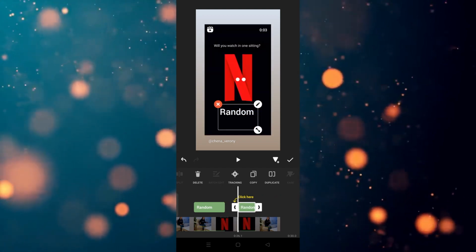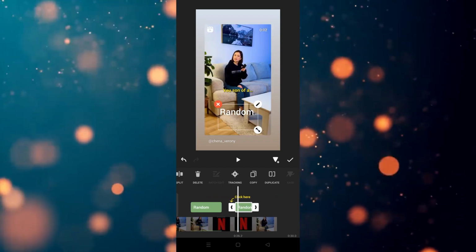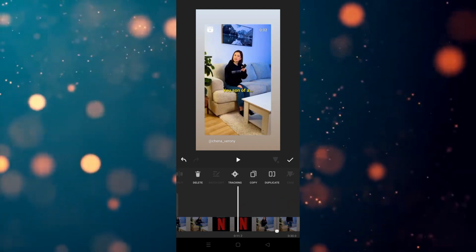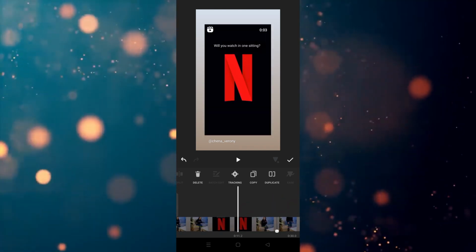So in this way you can generate a duplicate of any kind of thing. You can duplicate a video, duplicate a text, music, and animation, whatever you want. So in this way you can use the duplicate option in